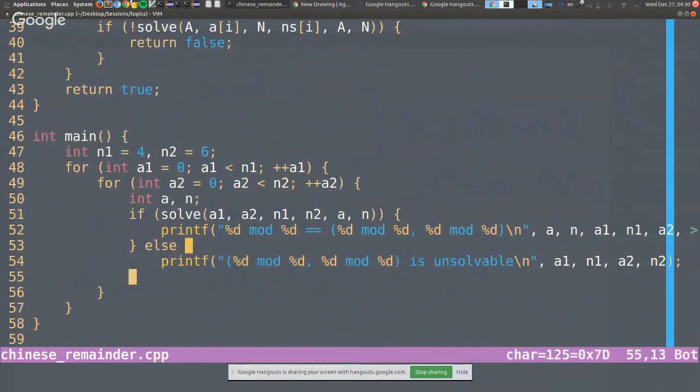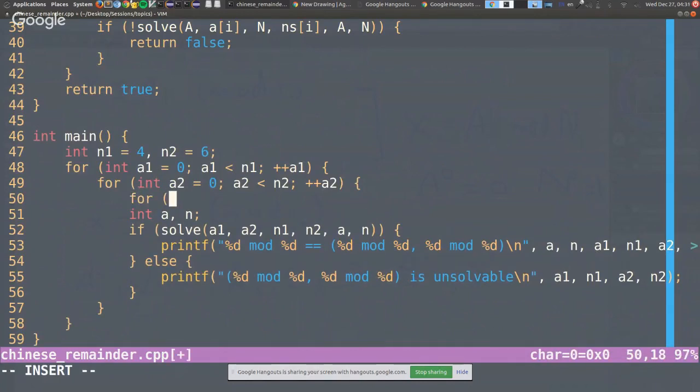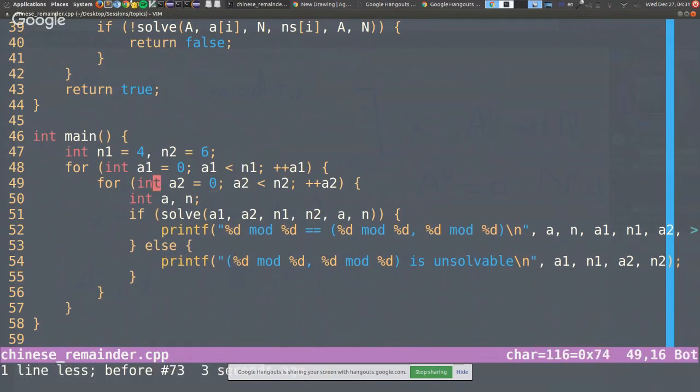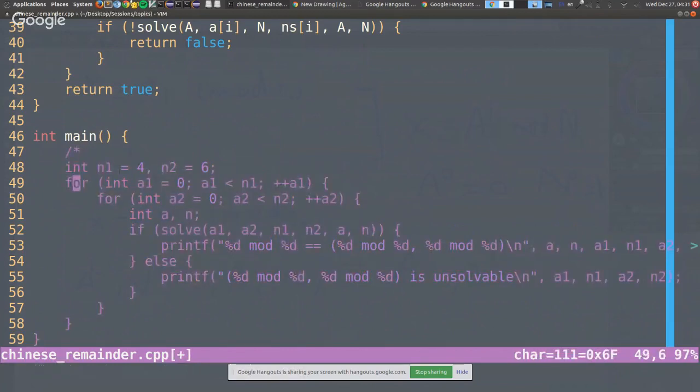So if we have here a third equation and this part,